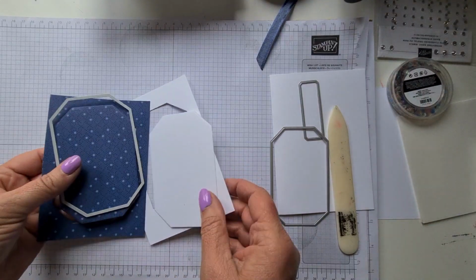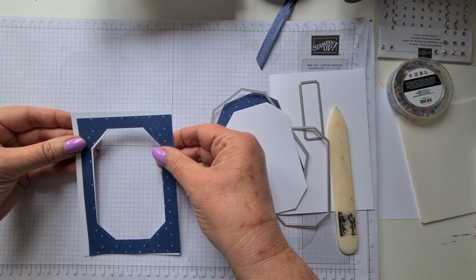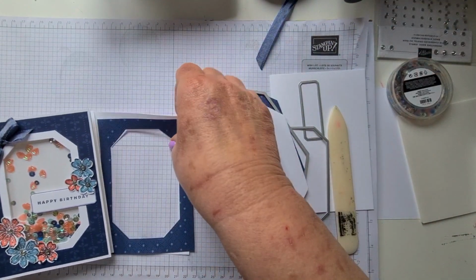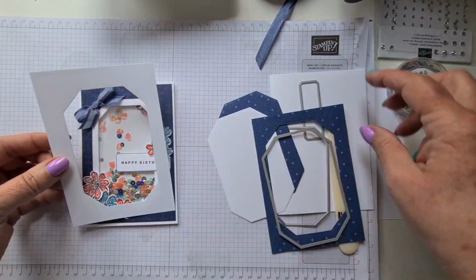Just go through once and it does cut out. So, I think I've done it wrong. See? Don't trust me to do anything. The big one was just for the blue one. The little one was for the white card, but